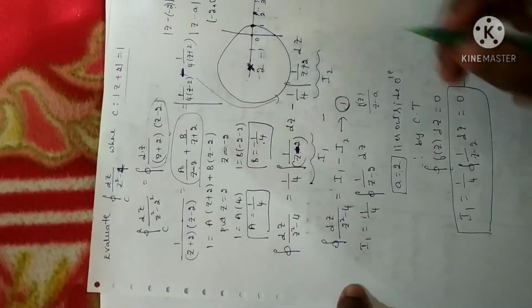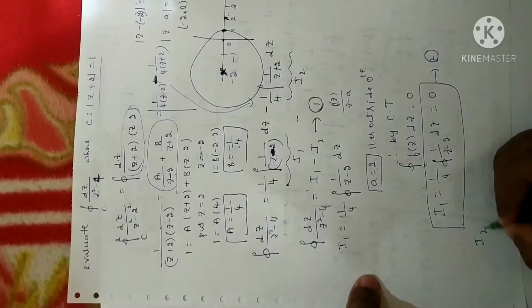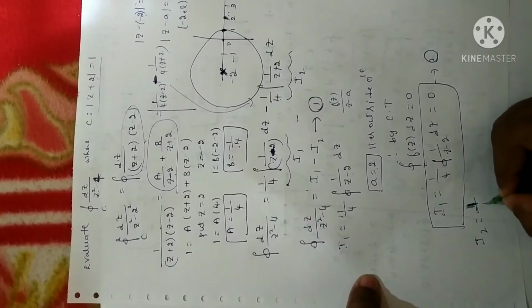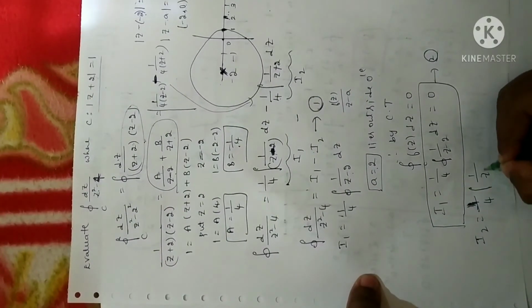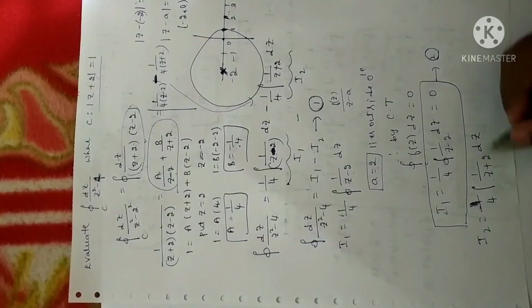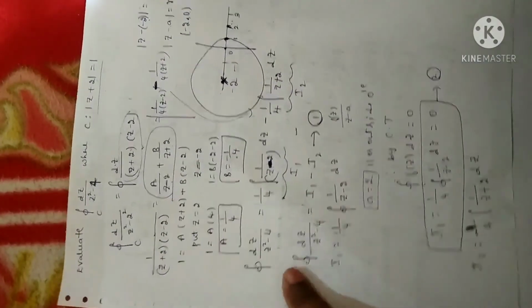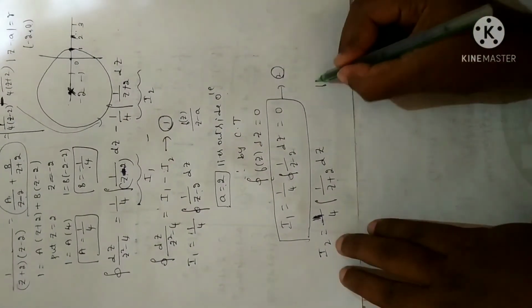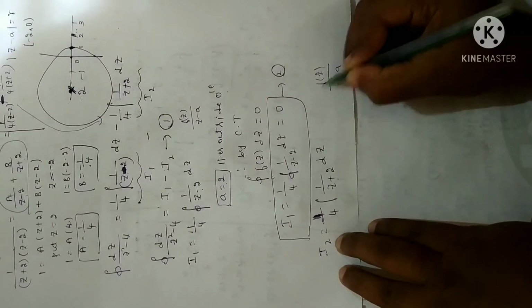Now, I have to solve for I2. Let me consider the I2 value. What is I2? I have 1 by 4 into 1 divided by z plus 2 into dz. Now I have to evaluate this. Now let me compare it with the standard integral. So what is the standard integral value? I have f of z divided by z minus a, integral over c